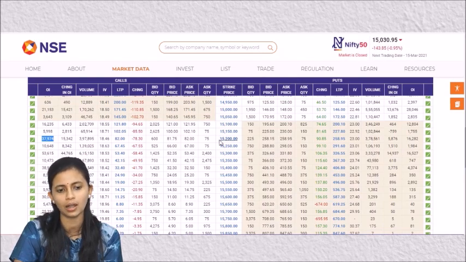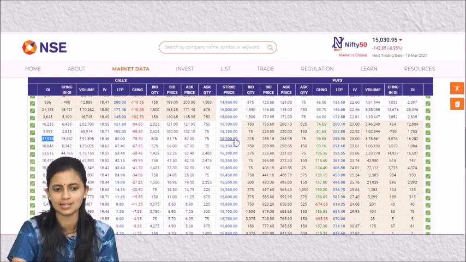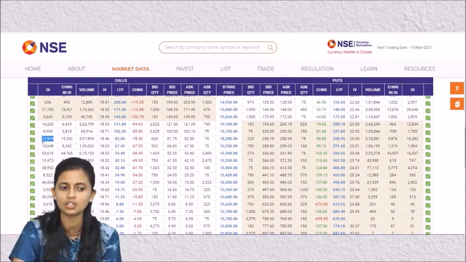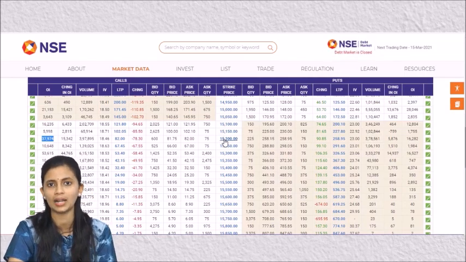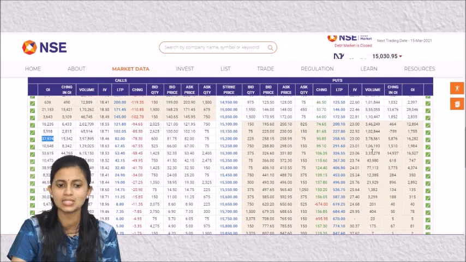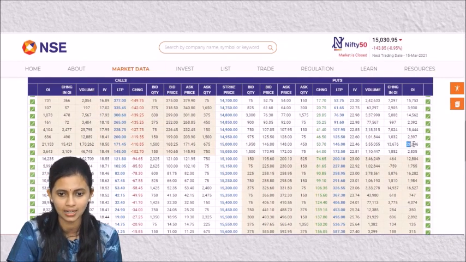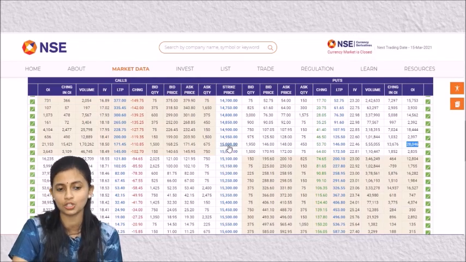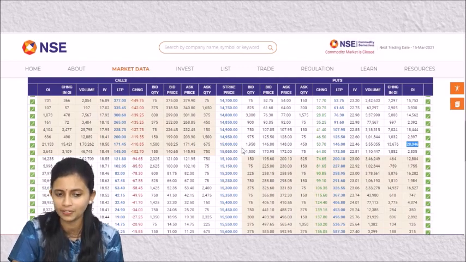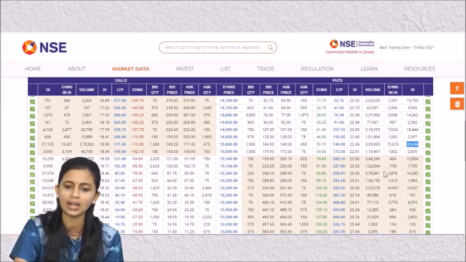So this 15,200 you can expect to be the resistance level, because on the call side where there is more open interest, it can act as a resistance, because buyers and sellers are sitting here. So the chance of this strike price 15,200 acting as a resistance is more. Similarly, on the put side, 28,046 is the highest open interest, at 15,000. So if Nifty falls, then at 15,000 it might take support and